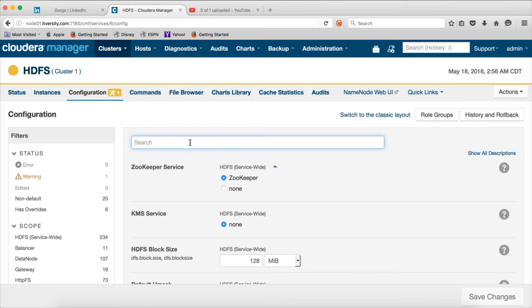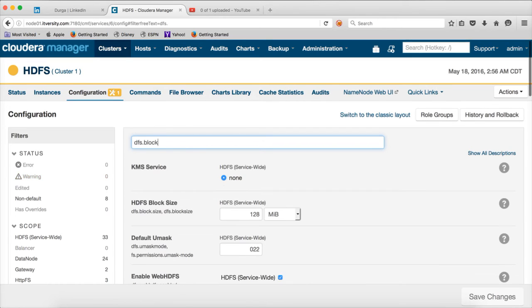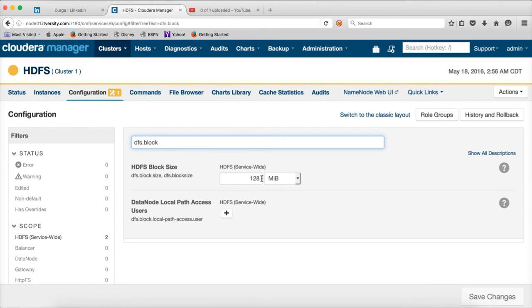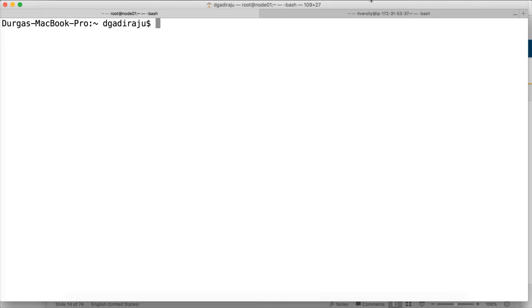And search for dfs.blocksize, and you can see it is 128 MB. Okay, now let me try to copy a file of approximately 300 MB onto HDFS, and I will show how it behaves. So right now I am on my Mac terminal, and there is a file called